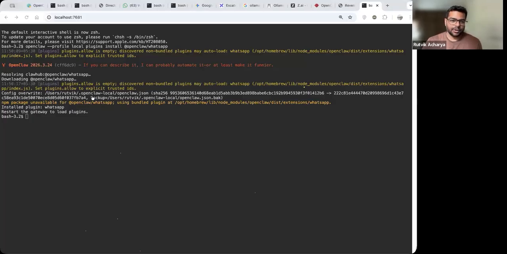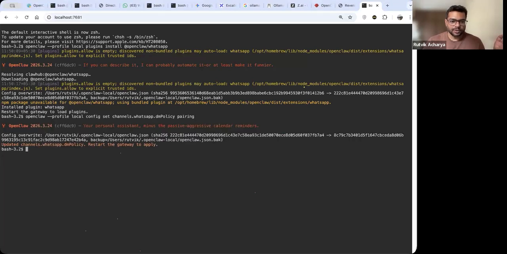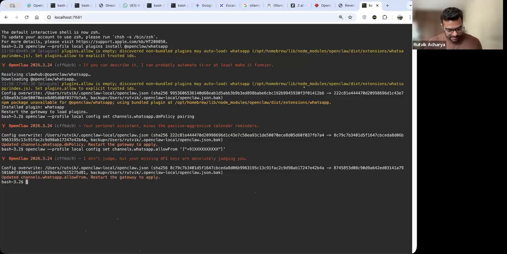Okay. I have already set it up, but when you run it for the first time, you will get the option to put in your number. So once you do that, you should be able to access your phone number. Here, let me just show you how I am specifying the phone number. Sorry, I ran it without specifying my phone number. Let me specify this. My number is,